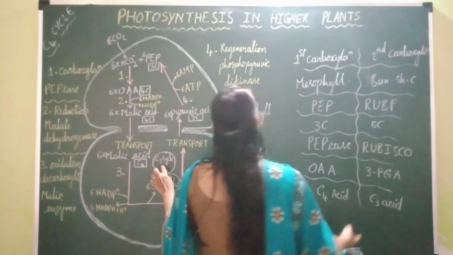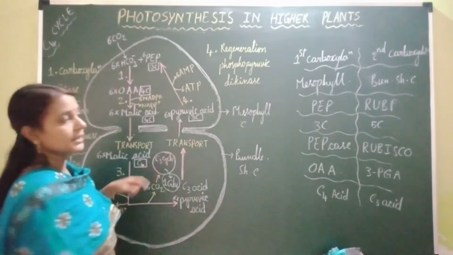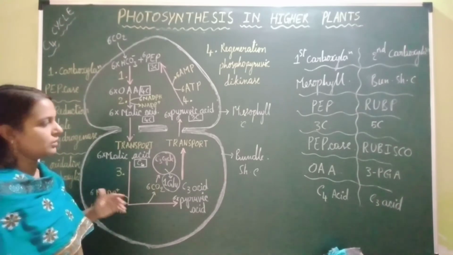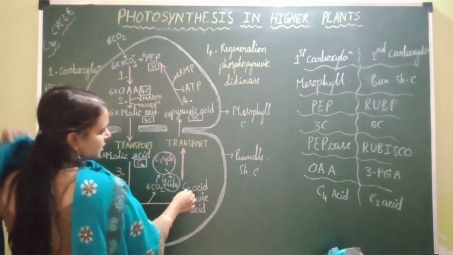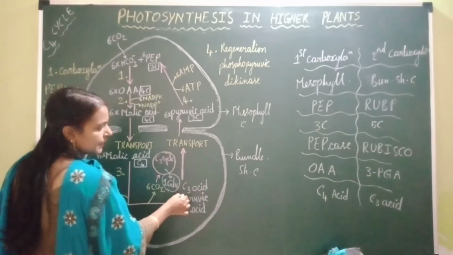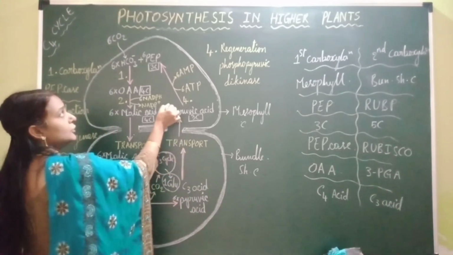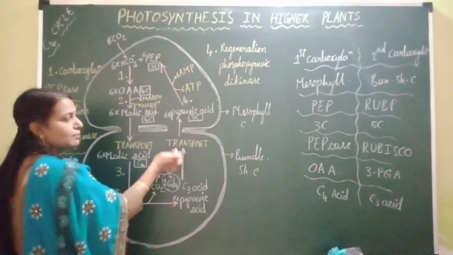What is this? This is the C3 pathway which is taking place inside the bundle sheath cell. So this is about first carboxylation and second carboxylation. Okay, now let's come back to this pathway. After formation of this C3 acid, the C3 acid is transported back into the mesophyll cell from the bundle sheath cell